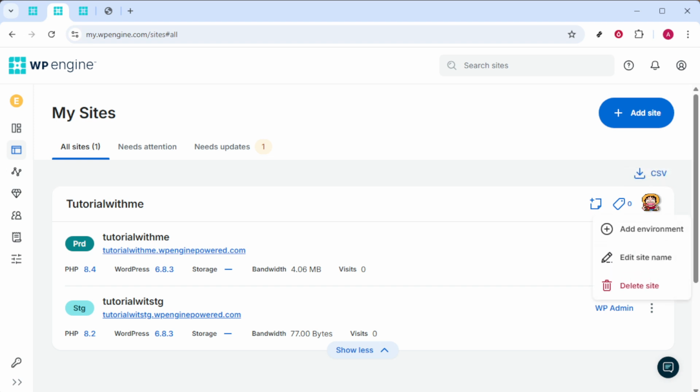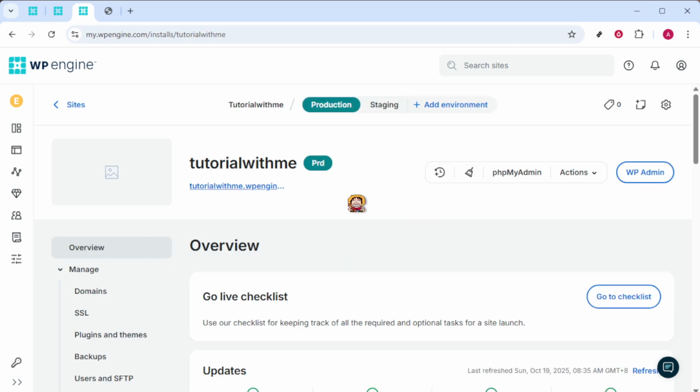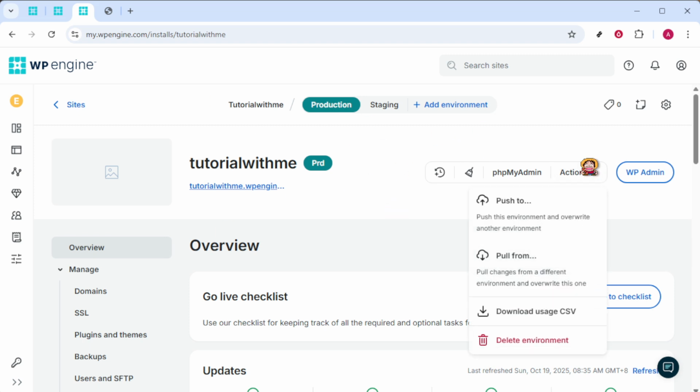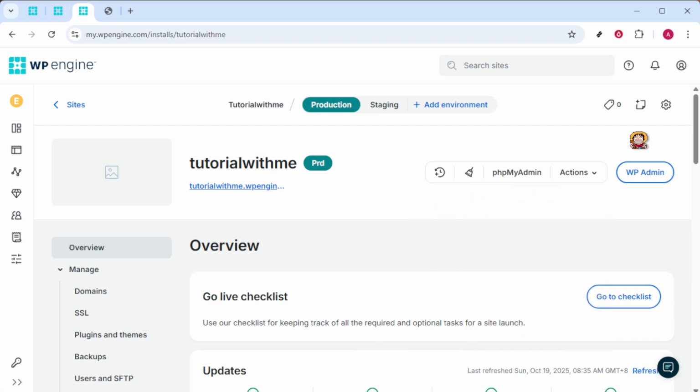If you choose to create a new environment, simply click on Clone to New Environment. This is ideal if you want a fresh, standalone copy of your site. On the other hand, if you prefer to clone into an existing environment, select the option to overwrite either your staging or development environment. Remember, this action will replace the environment's current content, so be sure this is the right